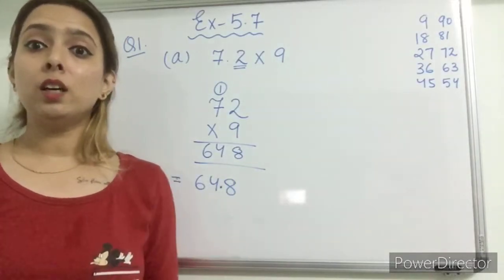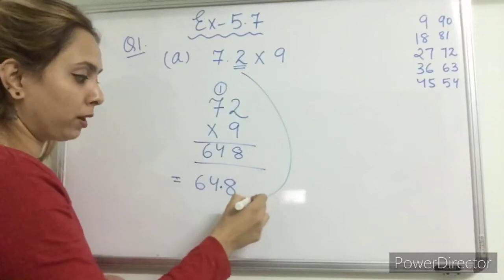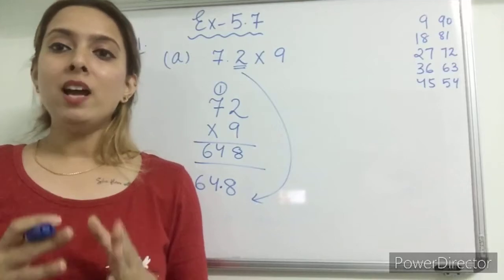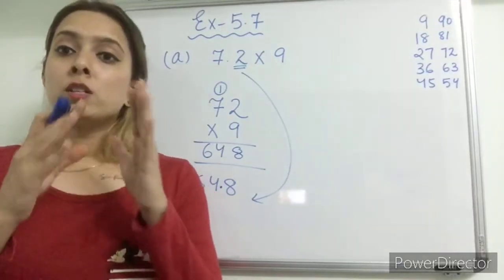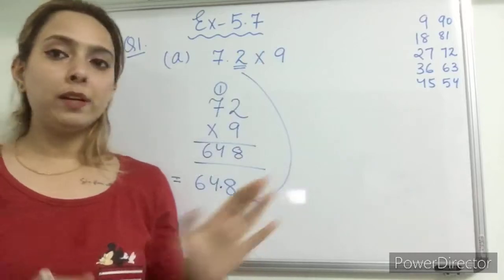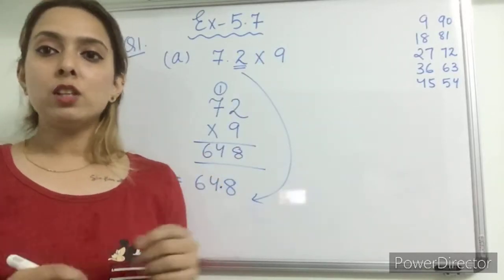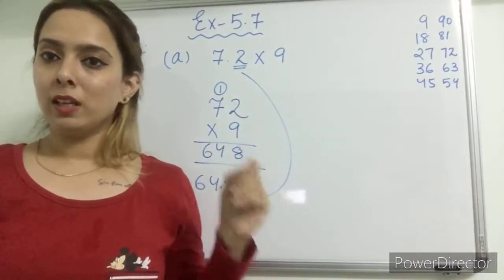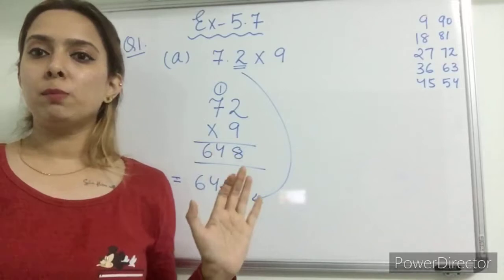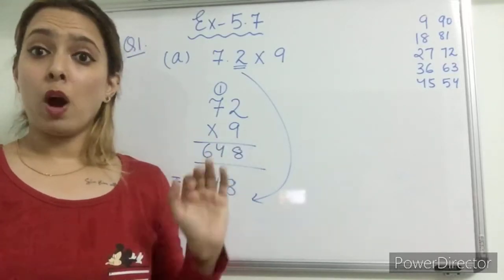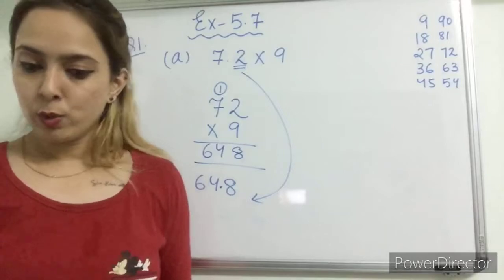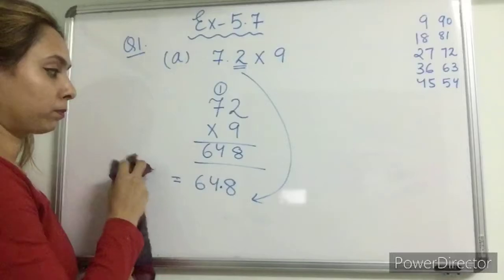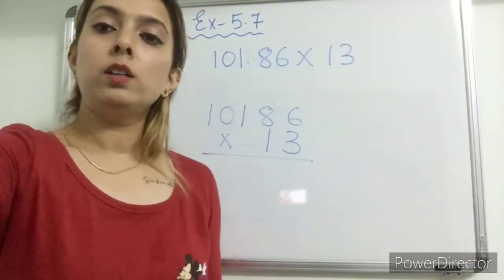This is the main thing which you have to remember. When a multiplication of a decimal number by a whole number is given to us, simply remove the decimal, do the multiplication normally, and once you get the answer, see the question. Whatever decimal places are there in the question, put the decimal in the answer accordingly. This is how we are going to do multiplication. I would like to explain one more question, that is the D part.